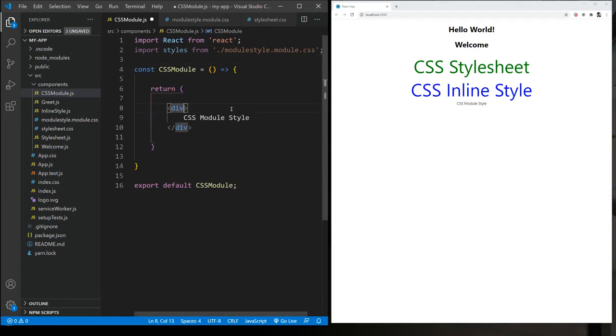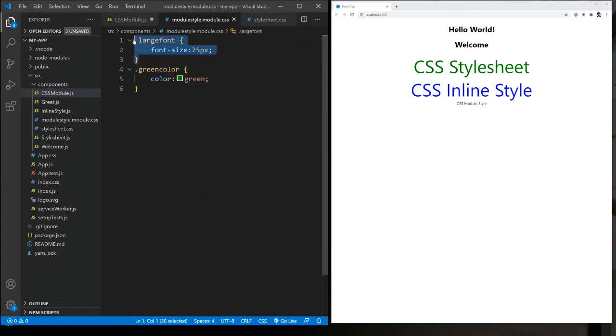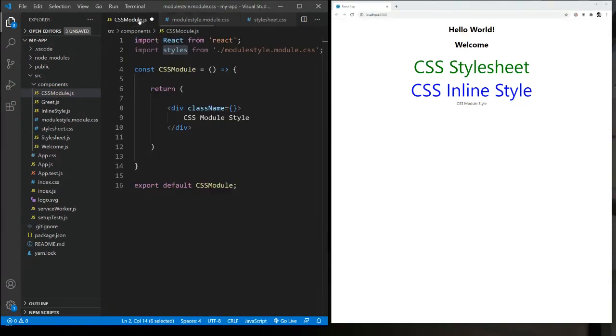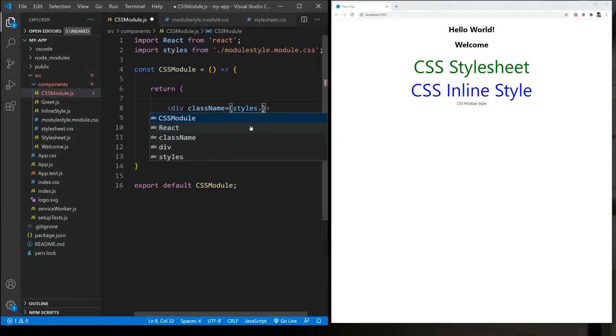Now I can reference them by using the class name, whatever the objects we had or whatever the properties we had. So we can just use them using style dot